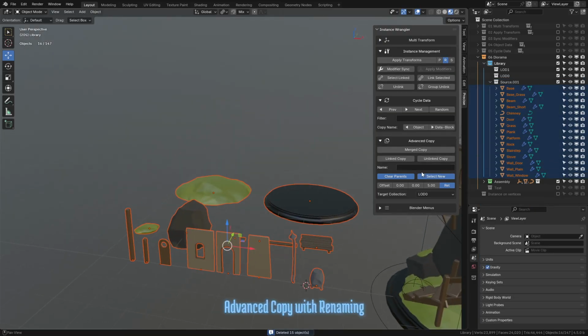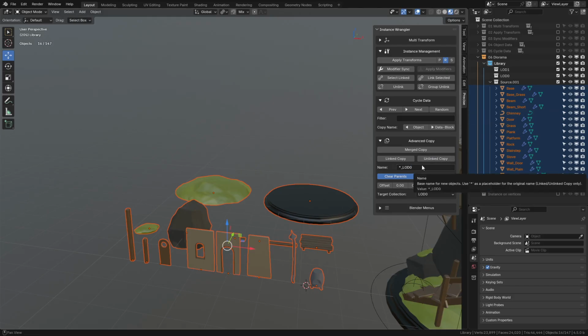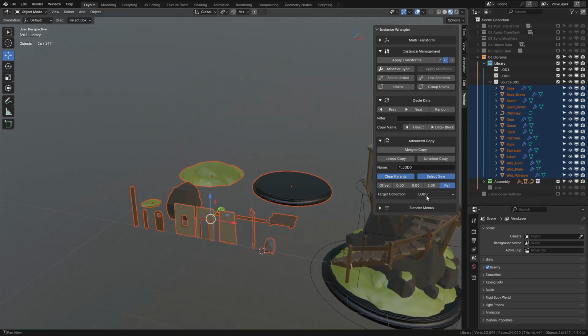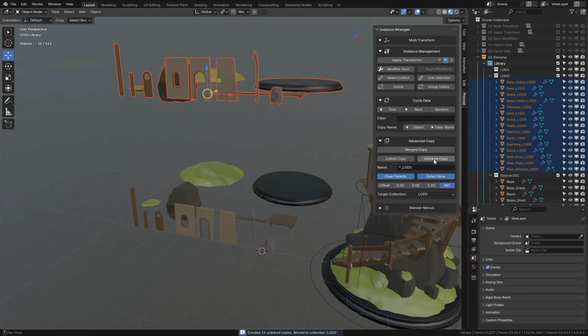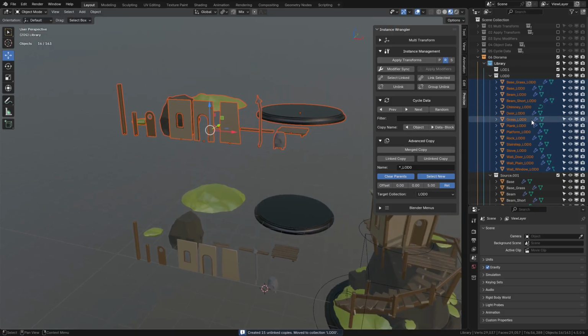So I've created this name text field where you can say star, which refers to the original name, and then add underscore LOD0 at the end of it. If you hover over this, you can read the tooltip. So now let's try again. We want the target collection to be LOD0, that one over there, and unlinked copies. There we go. So now we have all of these objects correctly named LOD0,